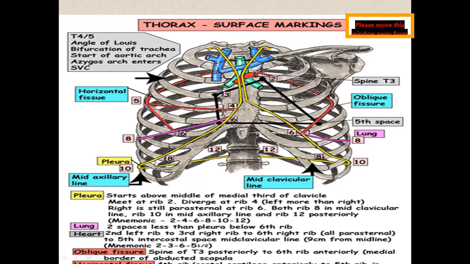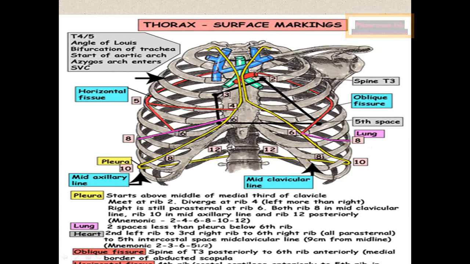Okay, 8th rib. Then see here, in the mid-axillary line. This plane goes in the mid-axillary line, and when you come behind, it comes up to the level of the 12th rib posteriorly. Okay, the mnemonic is 2, 4, 6, 8, 10, 12. Start the reflection at the medial third of the clavicle, come to the second rib, come straight to the fourth, then sixth, take a bend towards the lateral aspect and then move towards the 10th, and from the 10th go behind, allow it to touch the lateral aspect of the vertebral column, and then draw a straight line and come back to the point of origin.